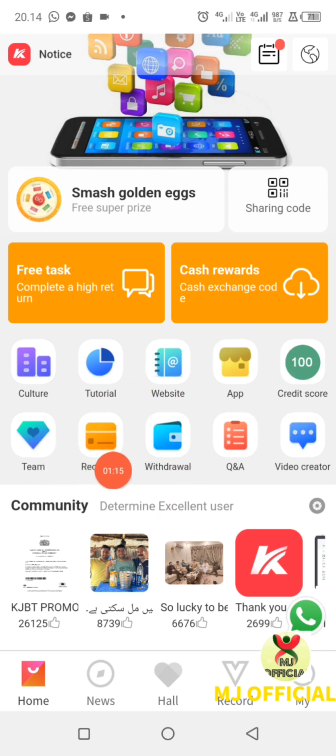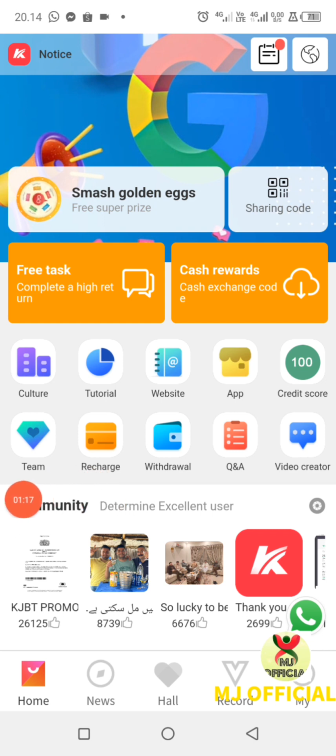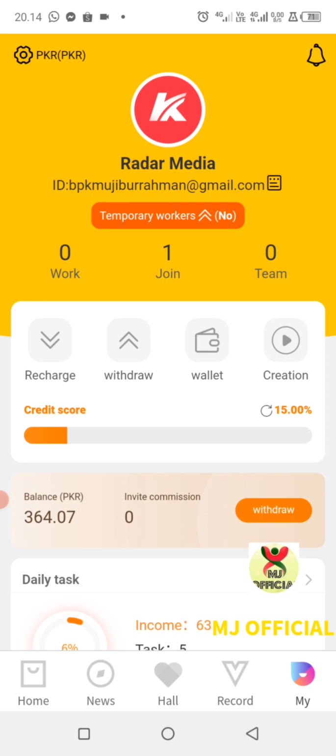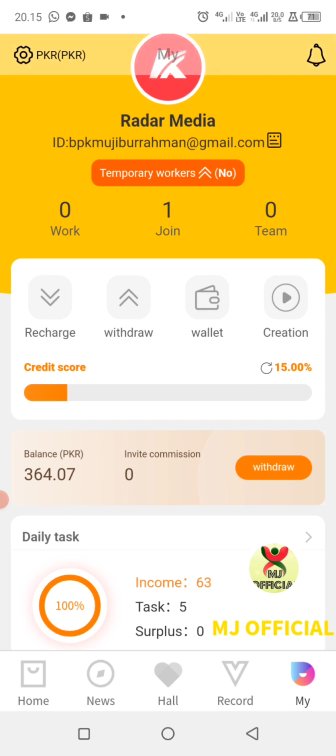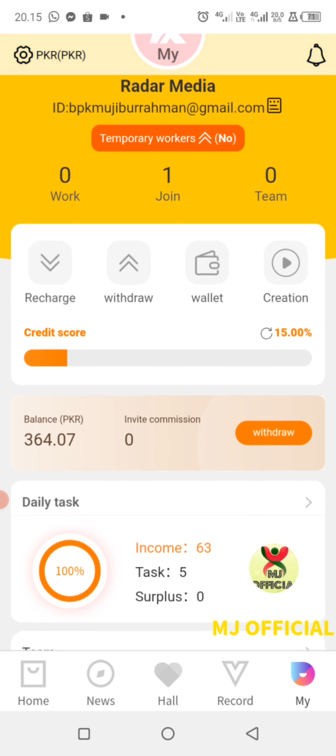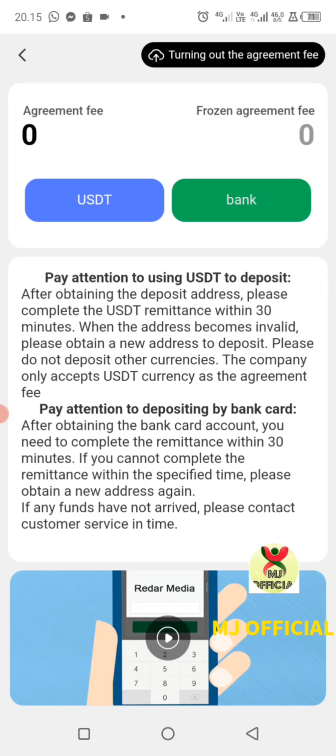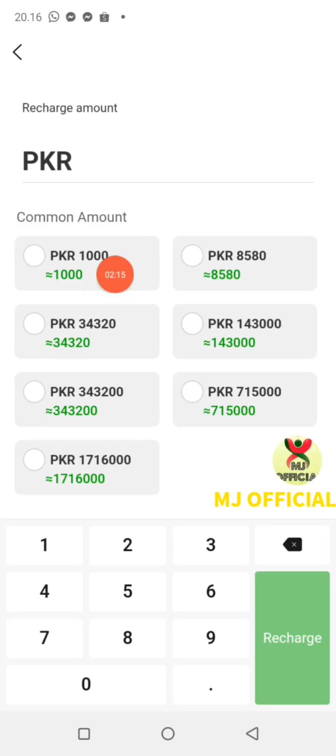You can click the button recharger at home, or you can use menu my profile and click recharger. Okay, and you have two choices: you can choose to use bank or use